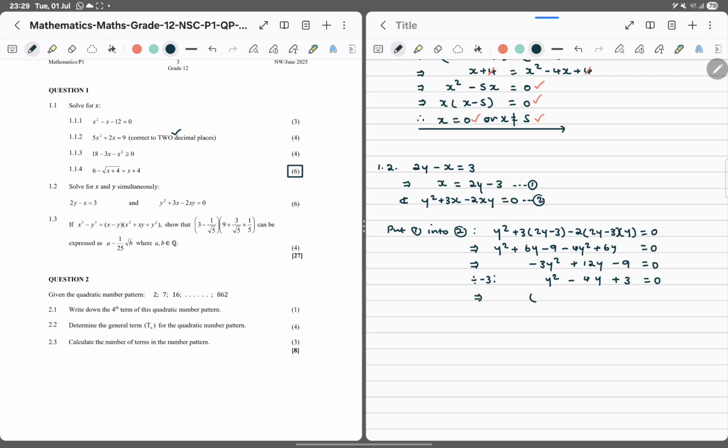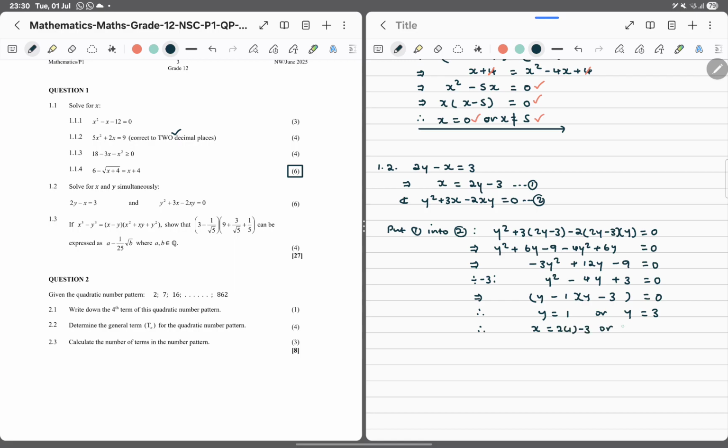We can factorize. So now this is y minus 1, y minus 3. Therefore y is 1 or y is 3, which also tells us that x is going to be